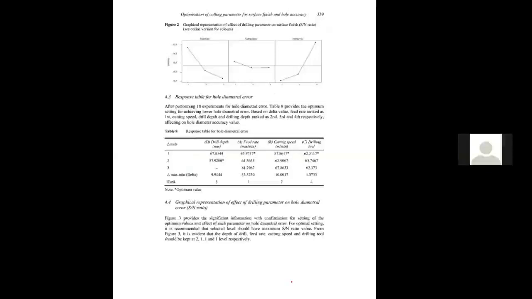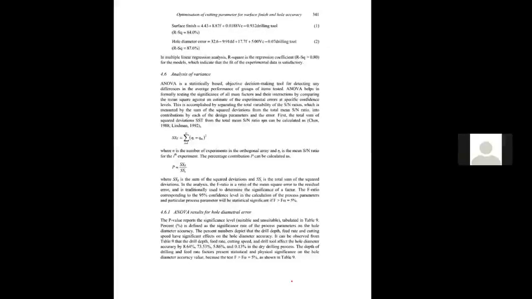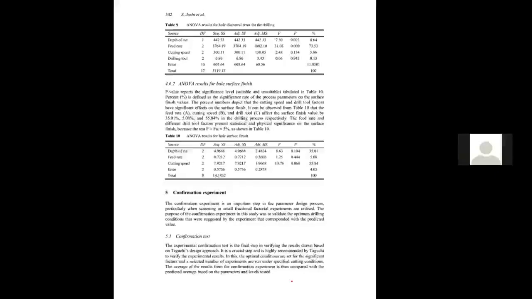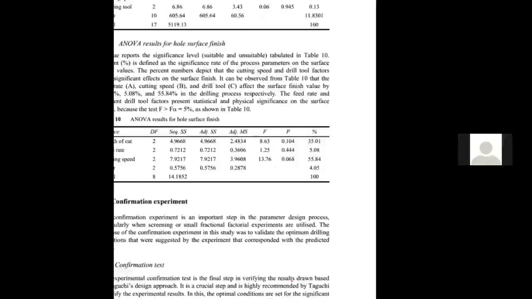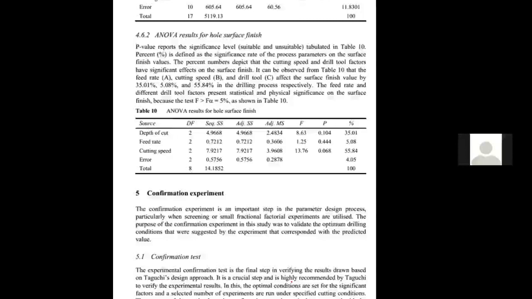So for that we will perform the ANOVA test, or you can also perform it using regression analysis. I think you might have studied ANOVA and regression. We will not wait on it, but just for information, if I perform the ANOVA, I will come to know which factor is playing the most significant role. Now in this ANOVA test for the surface finish, what is the meaning of the p value?